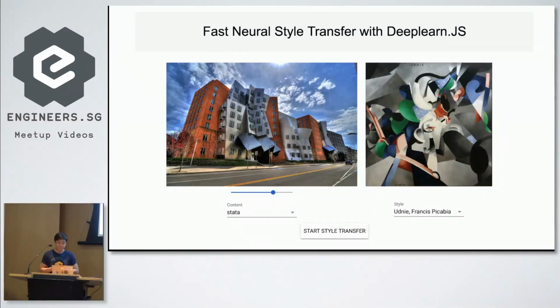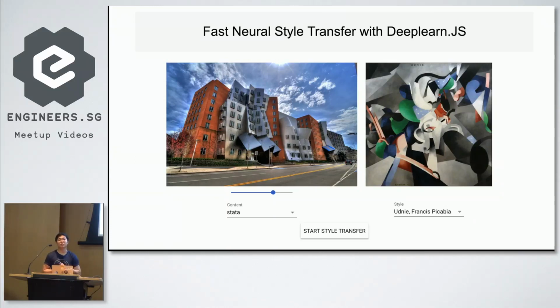I'm not going to do the demo here because we're short on time. But the cool part is that imagine if you use the traditional way of machine learning, you probably have a web server up and running to serve your TensorFlow model. But with this, you can actually download the model and everything and do the style transfer right in your web